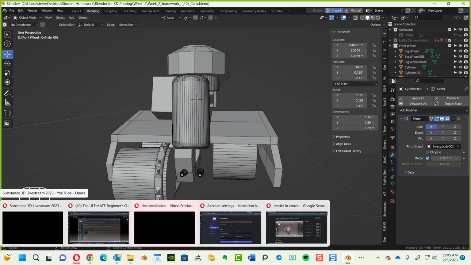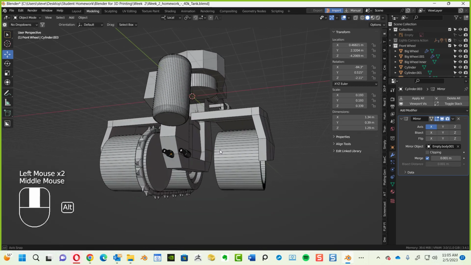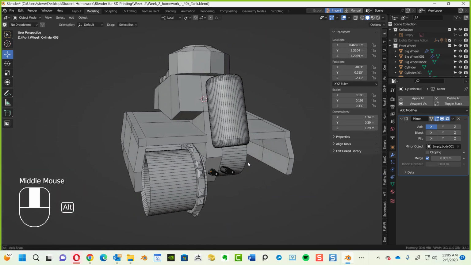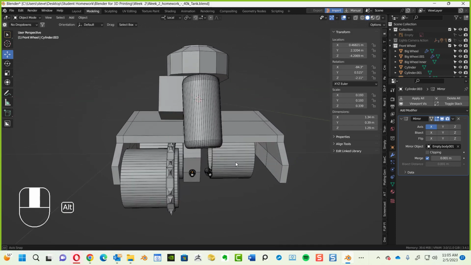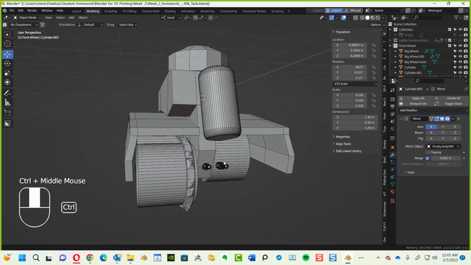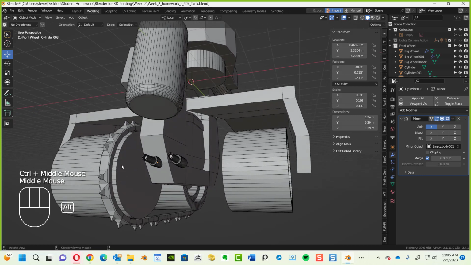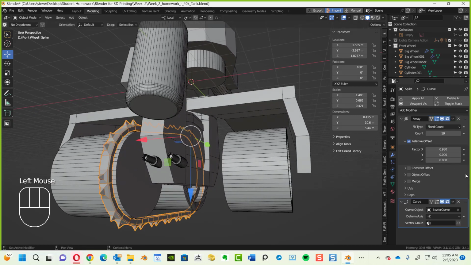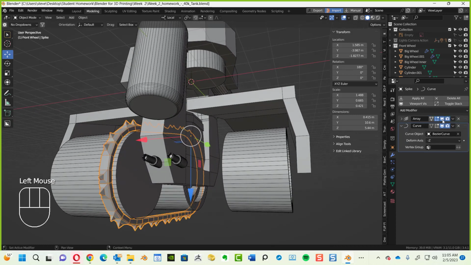Say, Stephen, can I ask you for another real quick tip, please? If you take off the array and the curve on my tank tread, you'll see what it's supposed to look like in the correct orientation. Can you give me a tip on that? Okay, so here's my array. If I turn off the array,